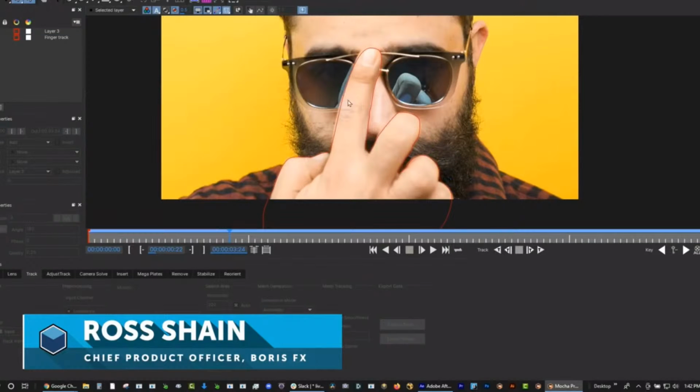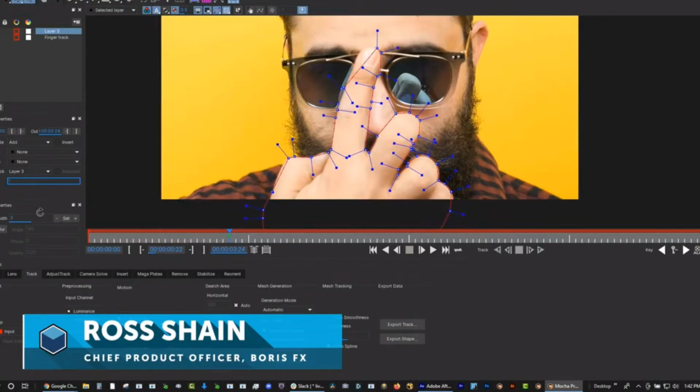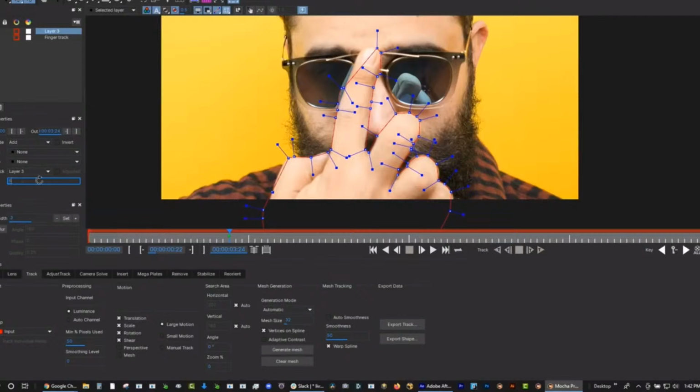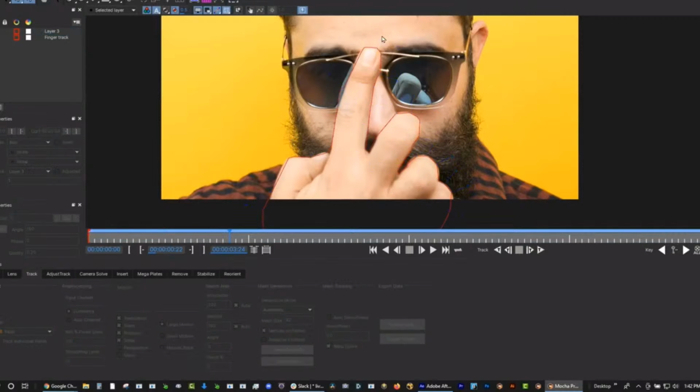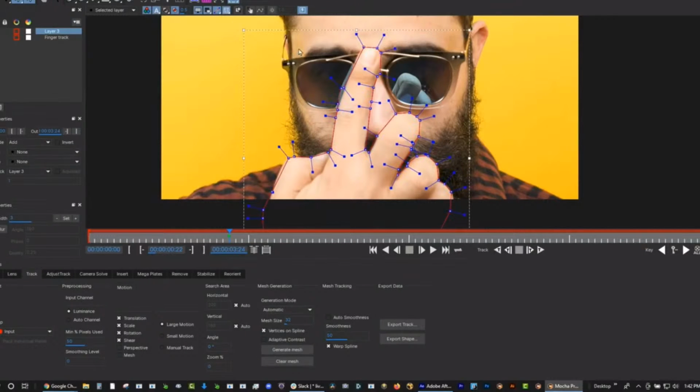Sometimes you have to click away and then click back to it here. And then I'm going to set the detail back to 1. And let's add that point back in here and smooth again. But that's a quick way that you can create a rough shape with your magnetic spline, move the details down. And then you're going to take this spline,